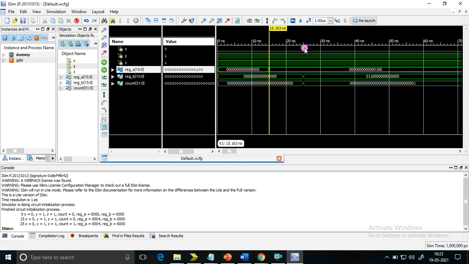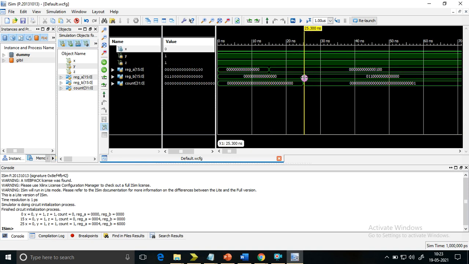After 25 time minutes, what is happening? The 15 down to 30, the leftmost bit, the most significant bit, gets 0, 1, 1 assigned. That is also working fine. At the same time, without any delay, your count is getting incremented. You can see it is 0 and now it is 1. So this is the blocking assignment step. I hope the things are clear.